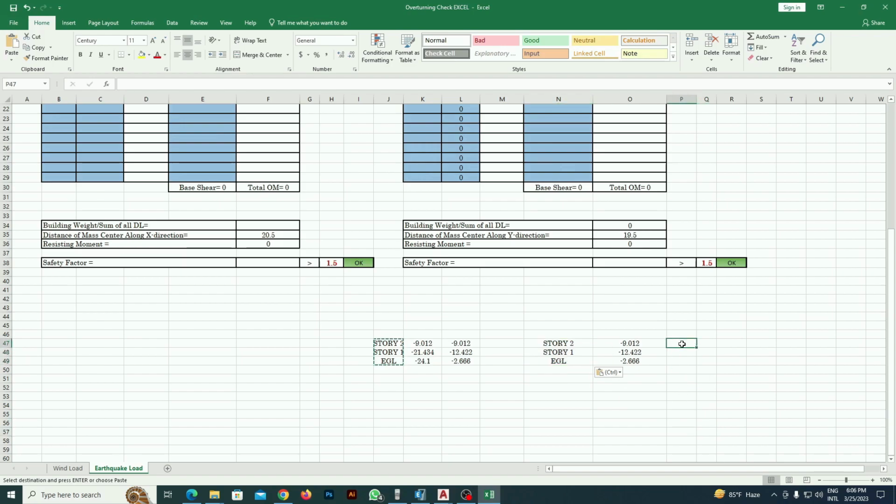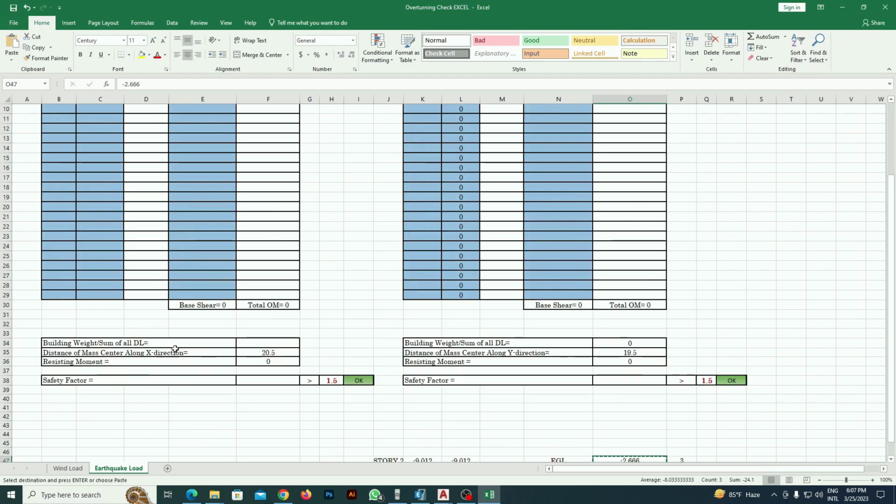Now we have to reverse them, so paste here 1, then drag them from here, fill series. Now select from the left side, then sort them from large to small. You can see, Control Z, select these values also, so this will be better. So EGL, story 1, story 2, these are the real values, so select them and